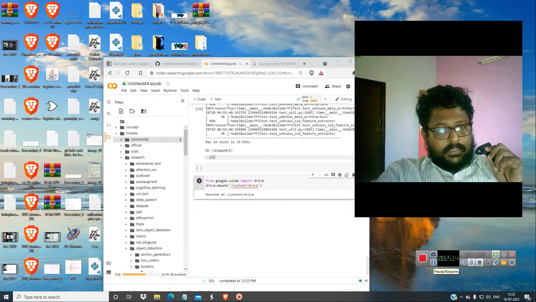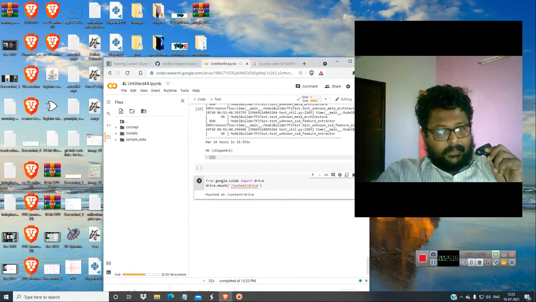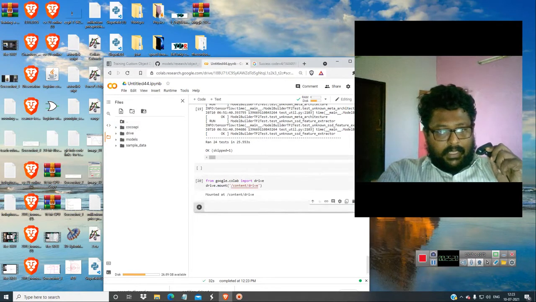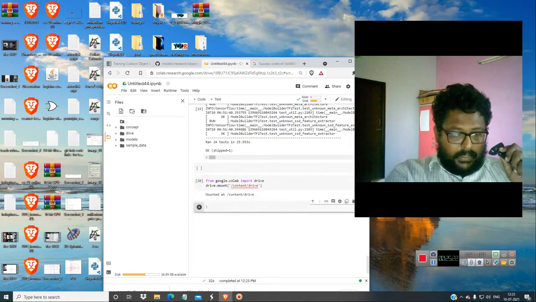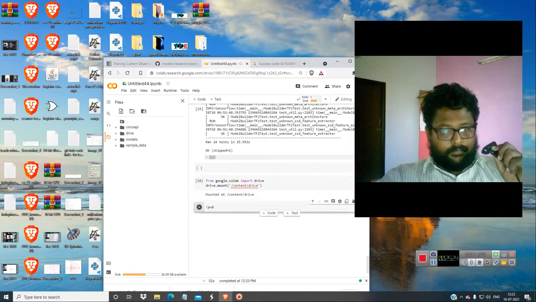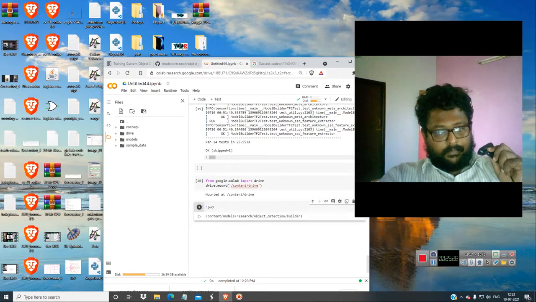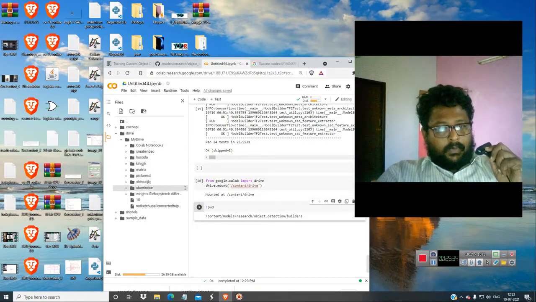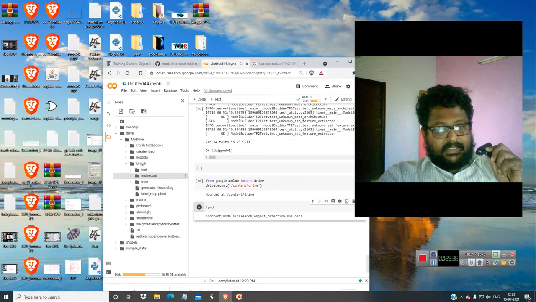So now you just refresh everything. Okay, so check which directory you are in. Okay, present working directory, just type pwd. Okay, now we have to get out of this directory and go into the drive folder. So into this folder where you have test and train, these others are not needed, only the test and train folders we have given.